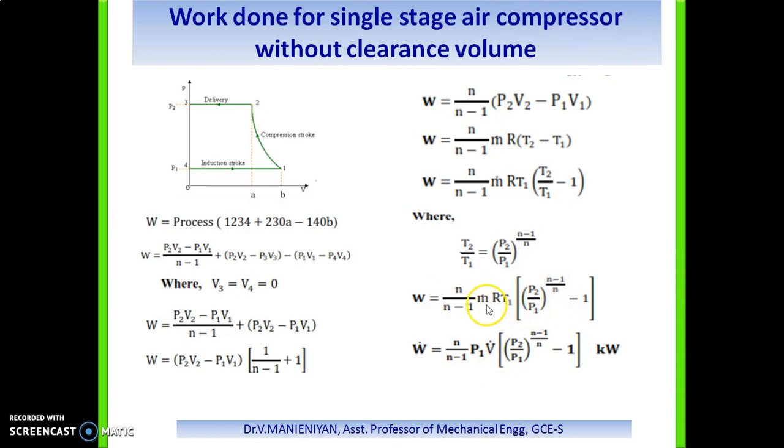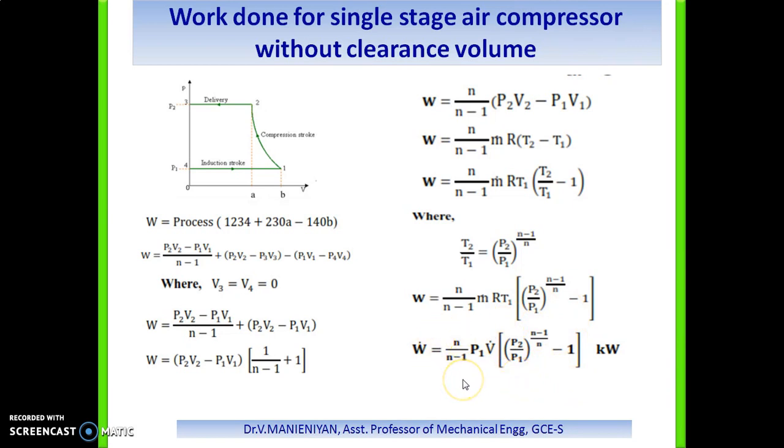So if we go to the temperature relationship, again we have P1 V1, which is equal to mRT1. So that is replaced, and W equals n divided by n minus 1 times P1 V1 times ((P2 by P1) to the power of n minus 1 divided by n, minus 1). That is the final work done